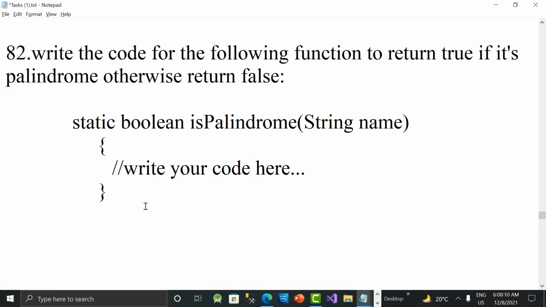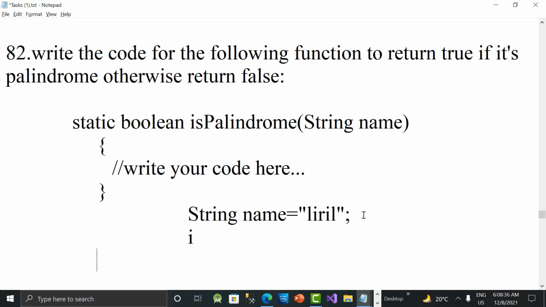So what is the logic we are doing? Suppose I want to check whether a string is a palindrome or not. I'm taking a string name equal to something like Liril. It's a palindrome string, guys. Now I'm not reversing the string; rather I'm checking from the first letter to the last.